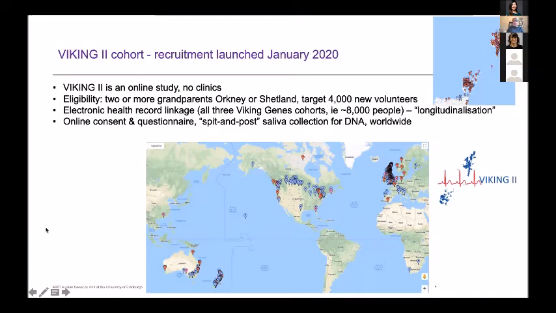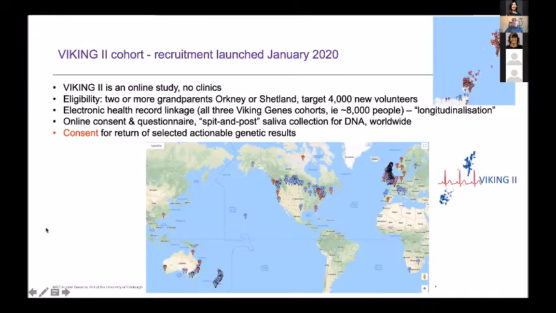Another relatively unusual feature of the Viking 2 cohort is that we were allowed to recruit worldwide and collect samples and data essentially across the world. And our participants seem to like to see maps. Here's one of basically the whole world, showing where our volunteers live, and you can see plenty of participants, particularly in Canada and New Zealand. But for the purposes of this talk, a key point is that we have taken consent for return of selected actionable genetic results.